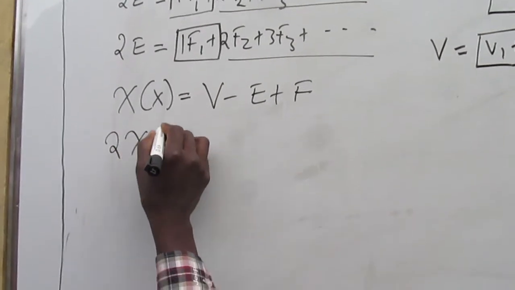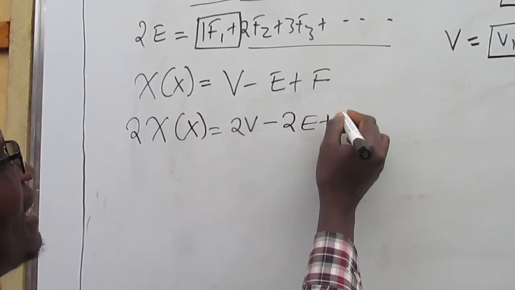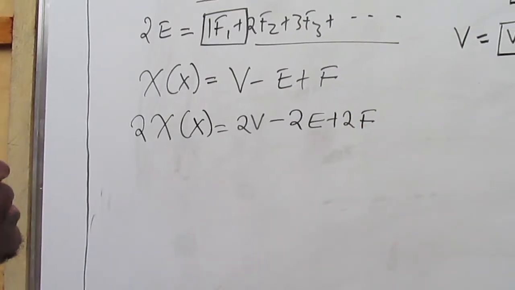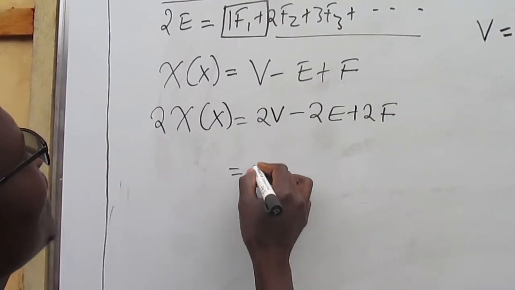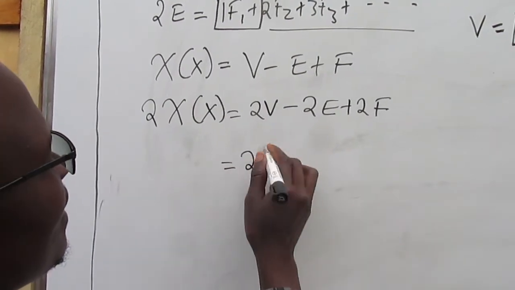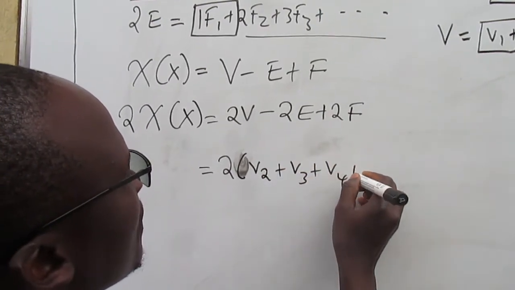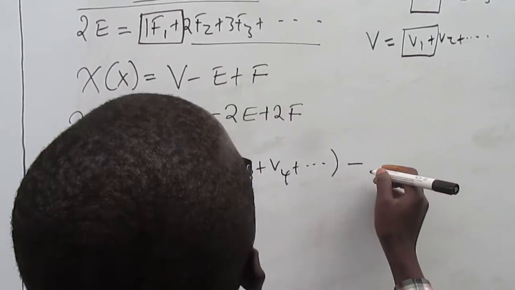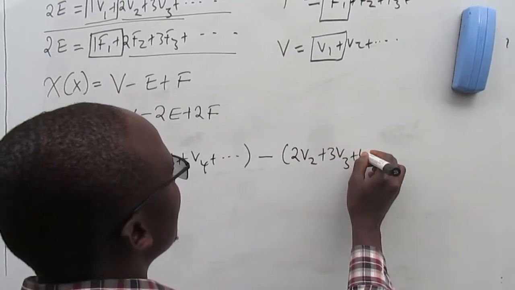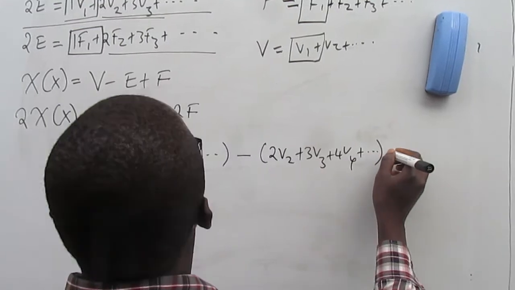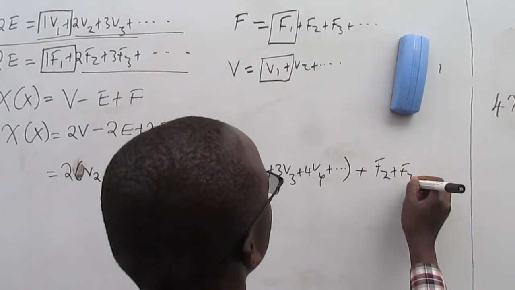So we'll have twice the Euler characteristic is equal to twice V minus twice E plus twice F. First of all, we are going to make use of this expression for twice the number of edges. So the number of vertices will be V2, V3, V4, and so on, and twice the number of edges will be